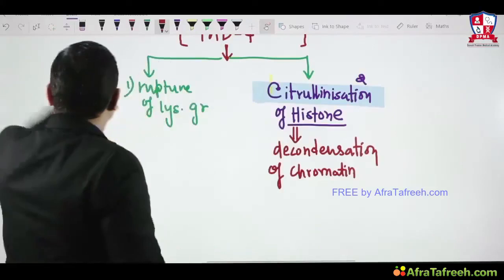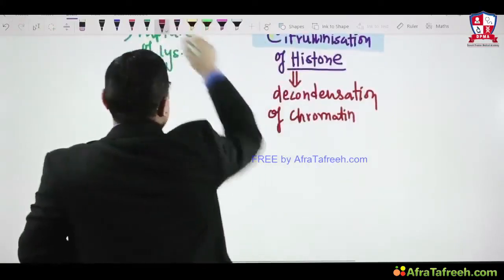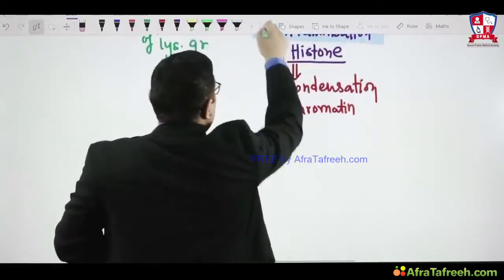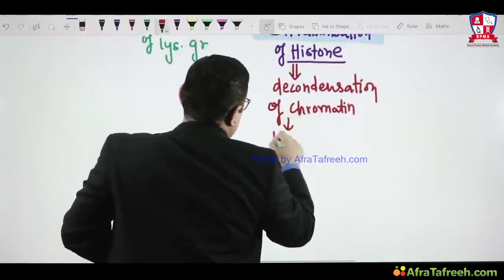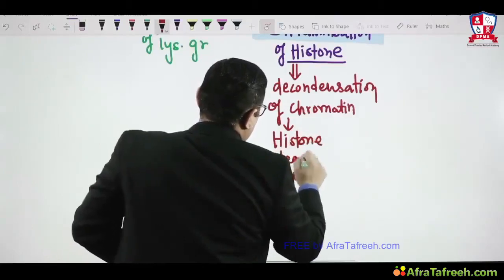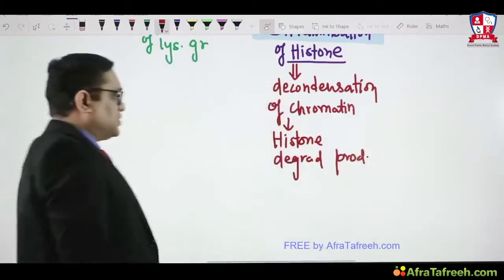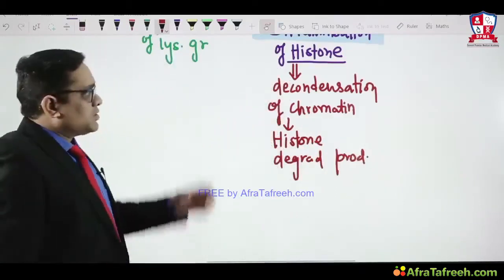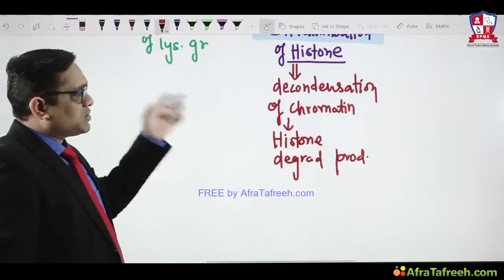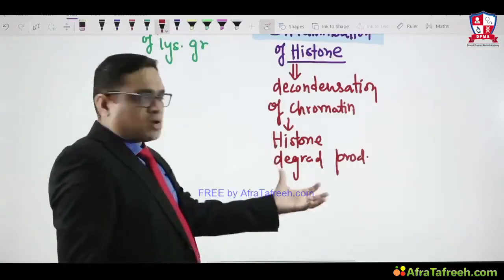And after this decondensation of chromatin, what will happen? The histone protein will break down, forming histone breakdown products. This is how histone degradation products will be formed. Because of the citrullination of the histone, chromatin will be decondensed and dispersed, and histone products will be